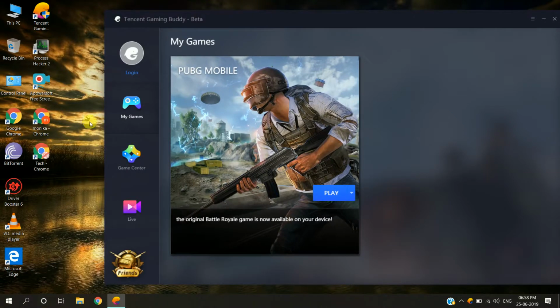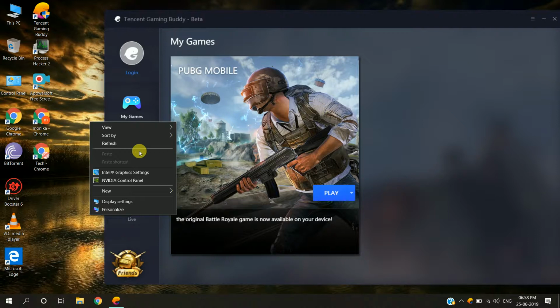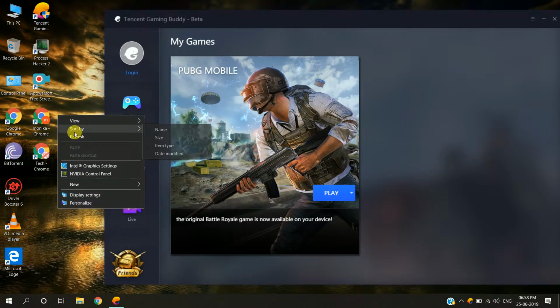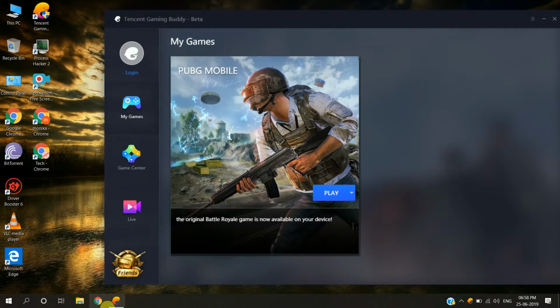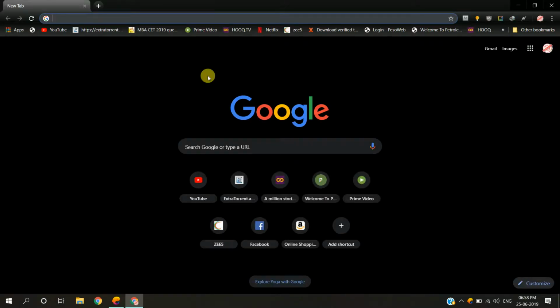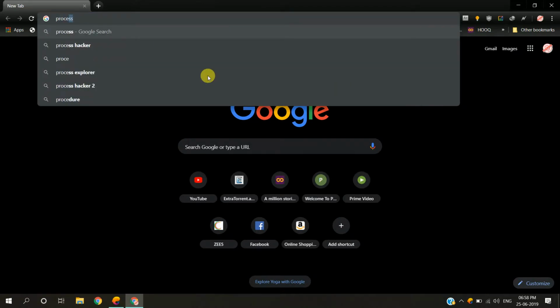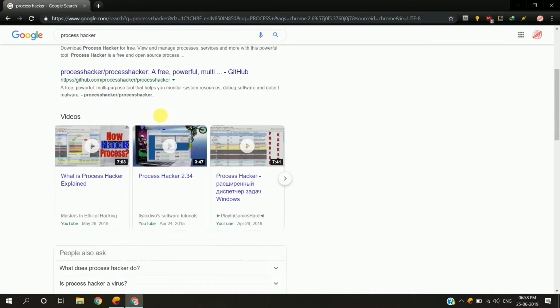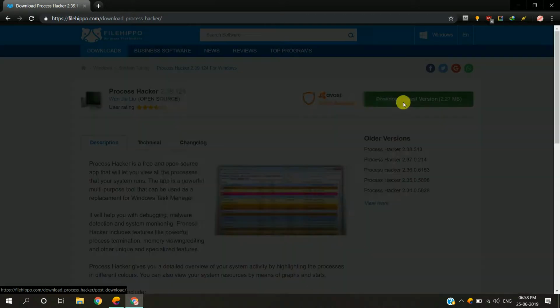To solve this, you have to download software called Process Hacker. So open Google, type Process Hacker, and download it from FileInfo here.